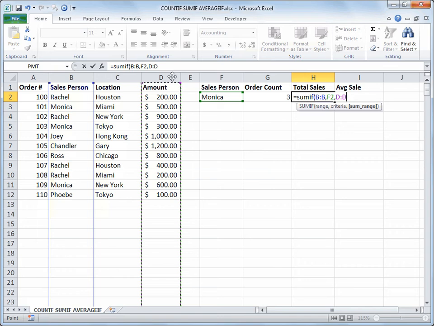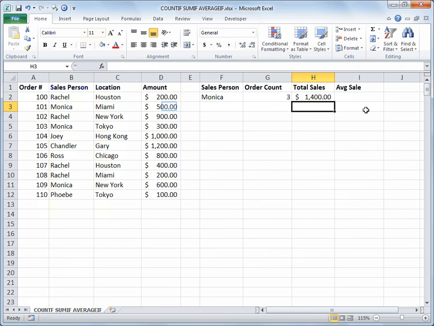The reason why the sum range has the brackets around it, indicating that it's optional, is that you could have the criteria range be the same range where the summing would occur. So we could say that we wanted to find and sum all the values in column D that were greater than 500. In that case, the range from the first part of the formula is the sum range, making another entry unnecessary. But here it is required because I have text that I'm looking for in column B, but I want the numbers in D to be summed. So we'll do a closing paren, and there you have it,